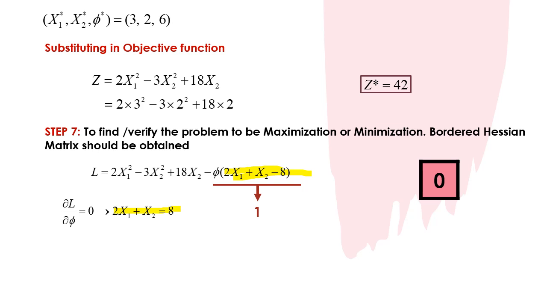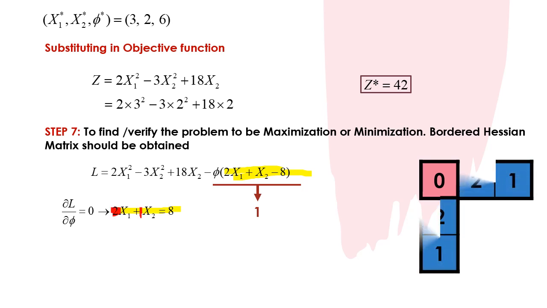So my coefficients are 2 and 1. You can see there are two coefficients, 2 and 1. So I will write it here. I am writing the same row-wise as well as column-wise. So I completed sections 1 and 3. The last section is a 2 cross 2 matrix, which has to be completed.